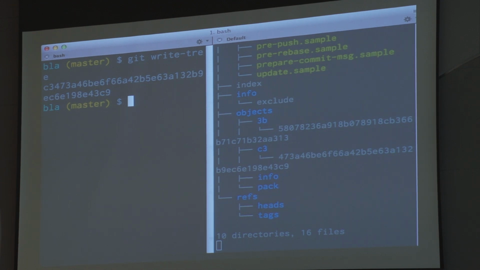So now the question might be, what's in this file? We can ask Git that. We can say, hey, Git, tell me what this SHA is.